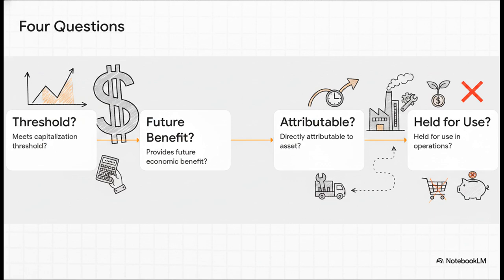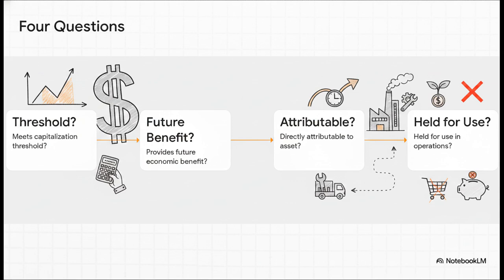Does the cost meet your entity's capitalization threshold? If the policy is $5,000 and the cost is $500, stop right there. Expense it. Step 2. Does it provide future economic benefit beyond the current period? Step 3. Is the cost directly attributable to getting the asset to its intended location and condition? And Step 4. Is the asset actually held for use in operations, meaning it's not just inventory for sale or